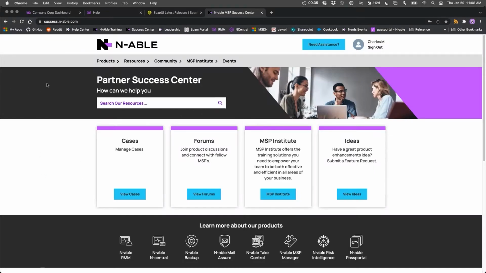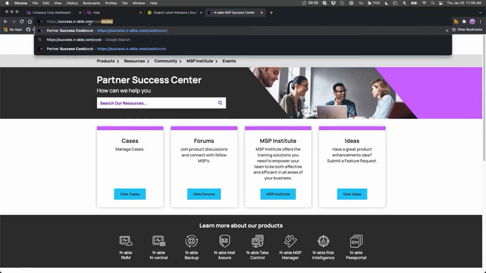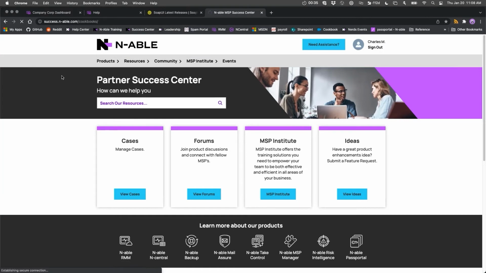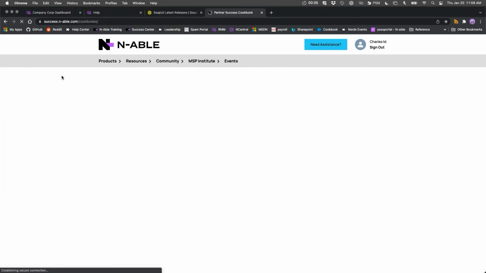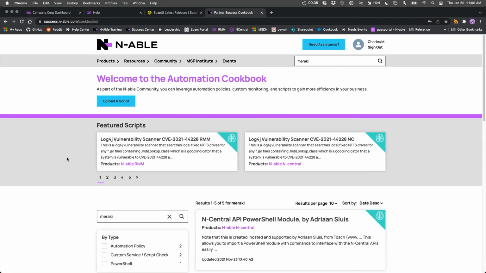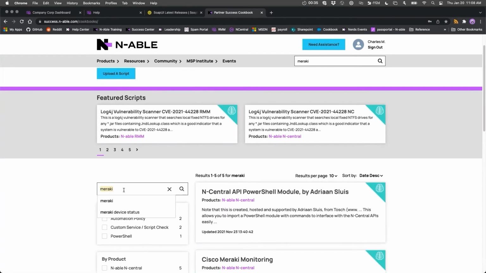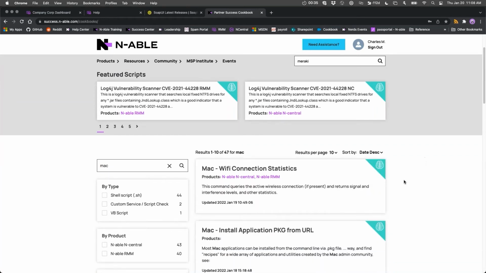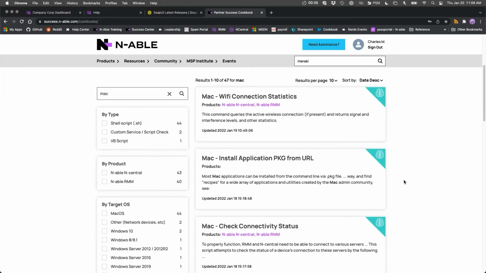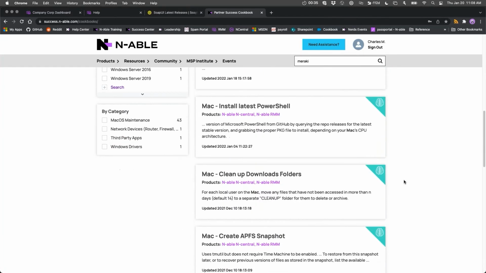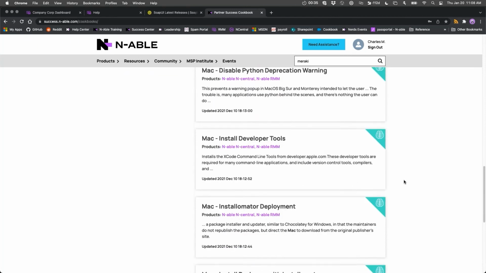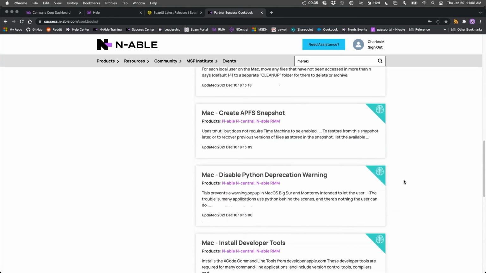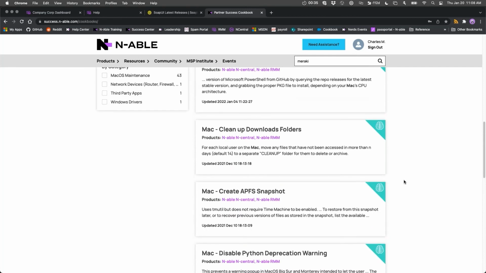As part of the Enable Success Center, we have the Automation Cookbook. Part of my job is to populate the Automation Cookbook with Mac-specific scripts, and slowly filling that in with new and interesting things that are useful for MSPs that are managing Macs,